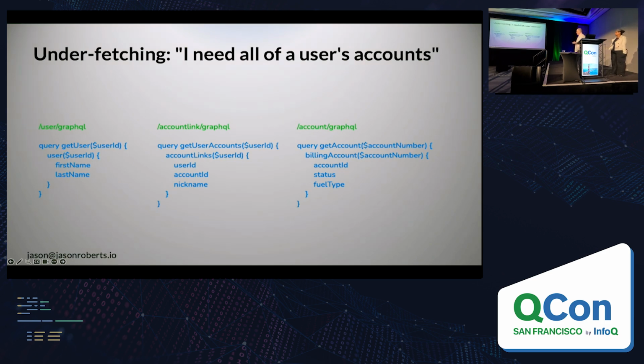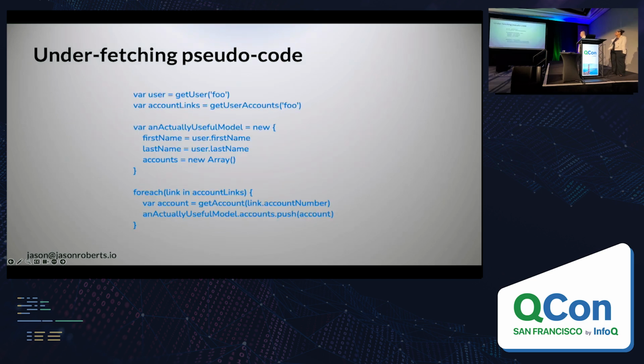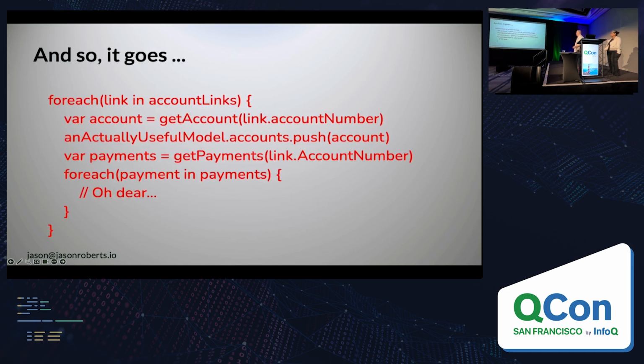So if that solves the overfetching problem, I still have the underfetching problem. So I need to get all of the user's accounts. And because my APIs are shaped like the domains, I need to connect data from different ones. What I could do is force my developers who are writing the front end to write code that looks like this. So I get a user, I get the user's accounts, I construct a local version of the model, and then I loop through all the accounts that I was told about from my user and get the details of that. And then it can get worse. Now I need payments, and I'm in a nested loop. And if I have to do this a lot, which, because it's domain-driven and the things are disconnected, you would have to do this a lot.